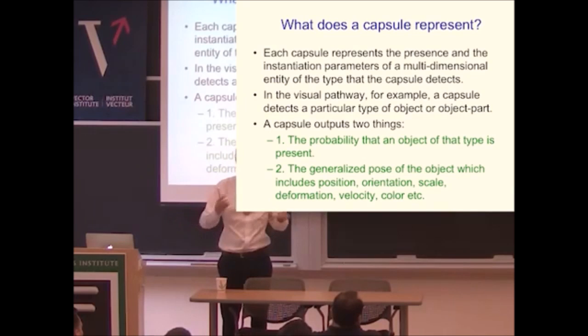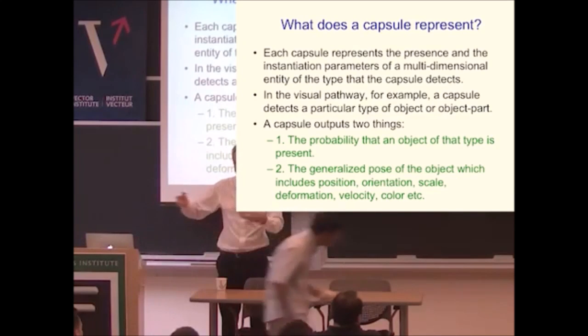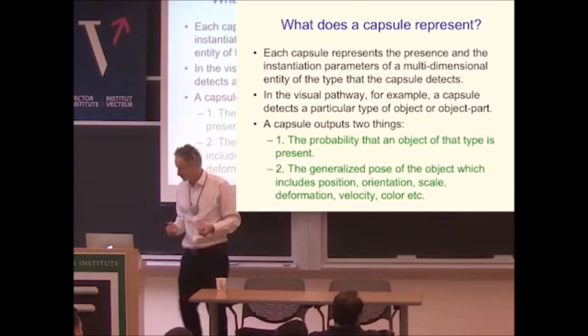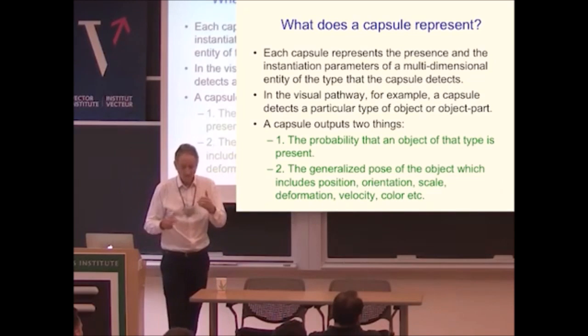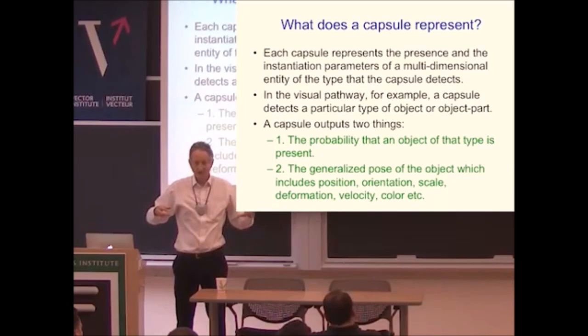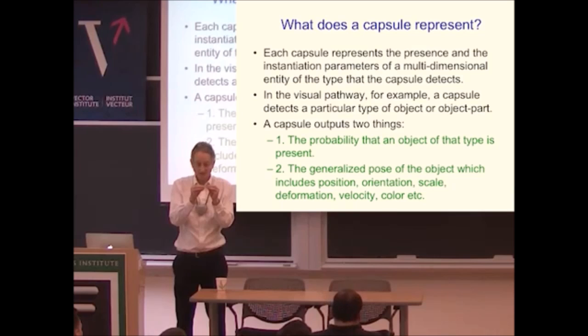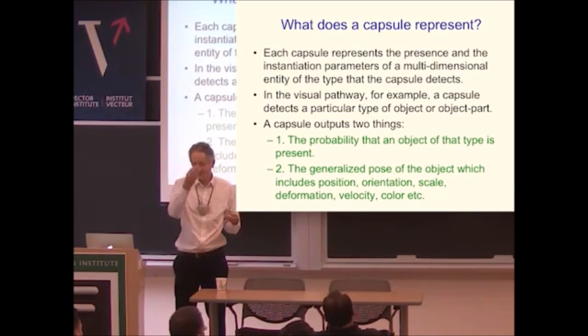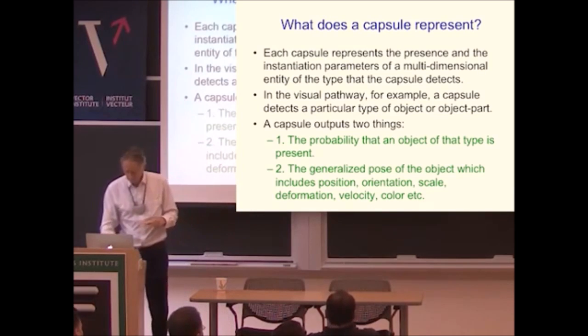So let's suppose I'm a capsule and I'm getting votes. Typically we think of these as high dimensional votes, but I'll just use 2 dimensions because it's easy to draw. So all those things are votes. If I see a pattern of votes where there's all these stray votes, and then there's a number, not necessarily a big number, that all agree tightly, that's evidence that my object is there, my entity is present. Because there's a whole bunch of lower level entities all saying, I think the kind of entity I might be part of is present, and these are its coordinates, these are its properties. And if the properties agree,